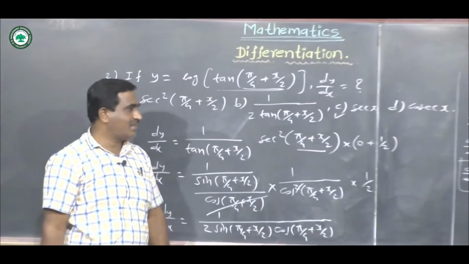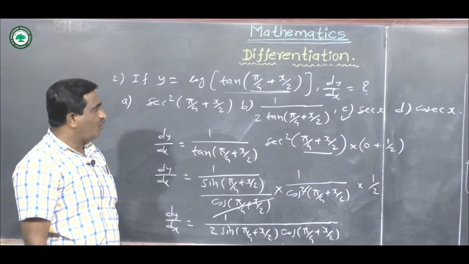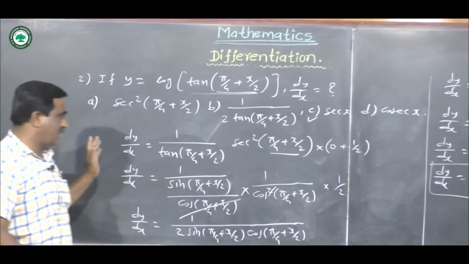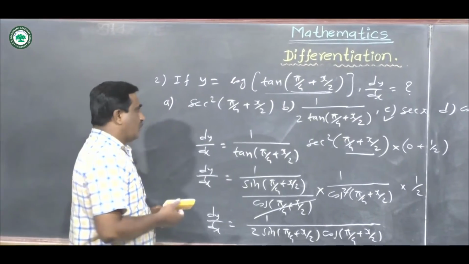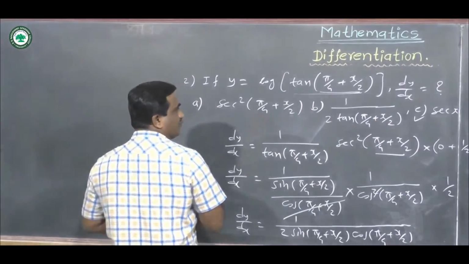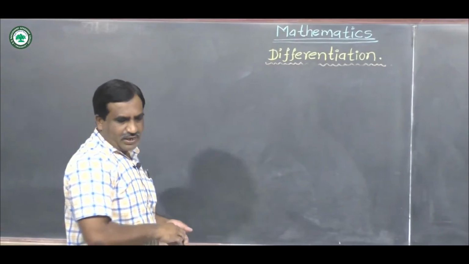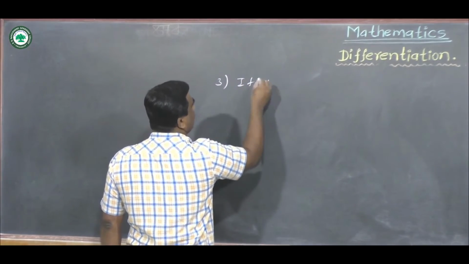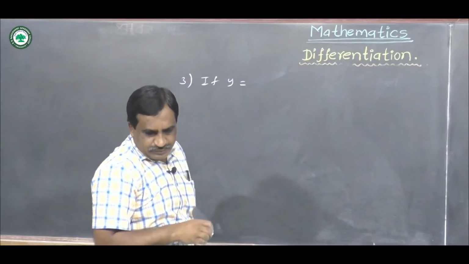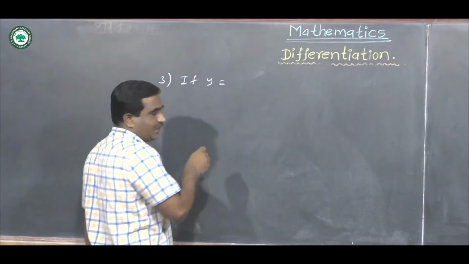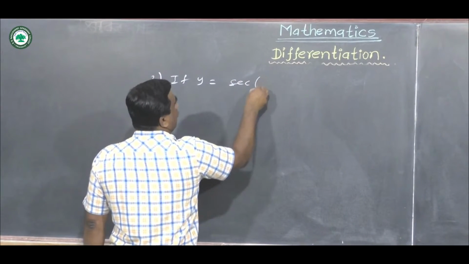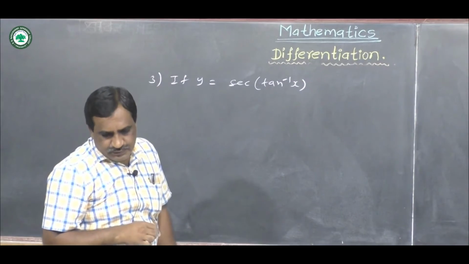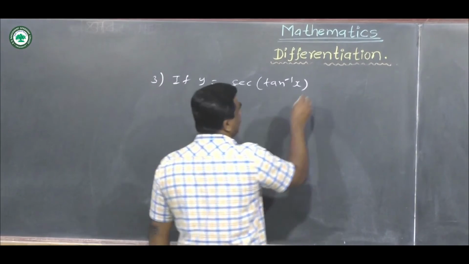Option number C. Okay. We have to solve these examples, not in detail, but shortly. Now we see next example here. Our next example, example number 3rd, is if y equal to sec of tan inverse x, then dy by dx